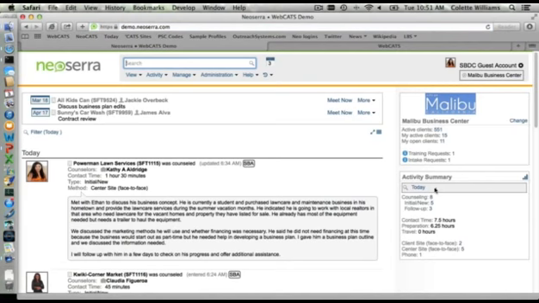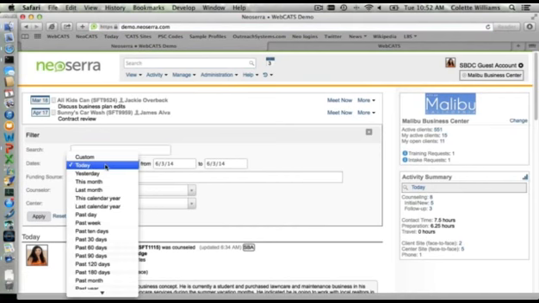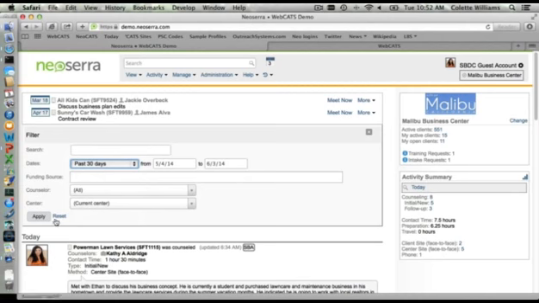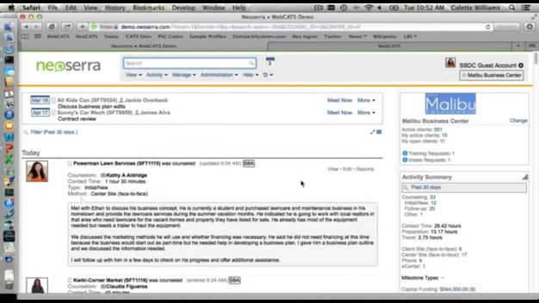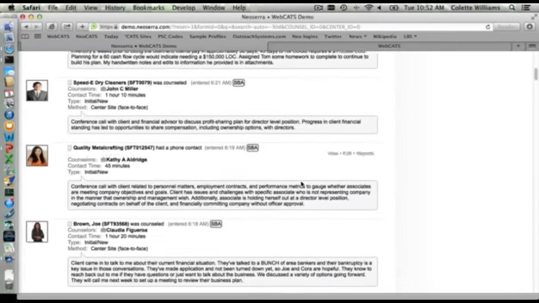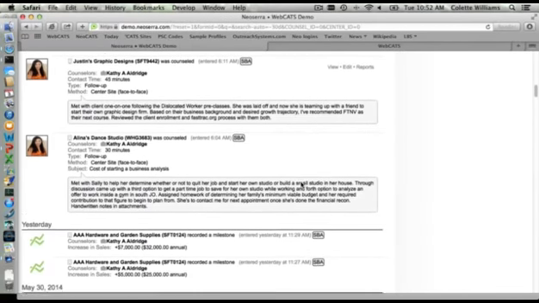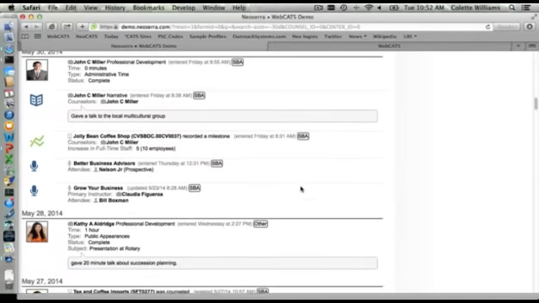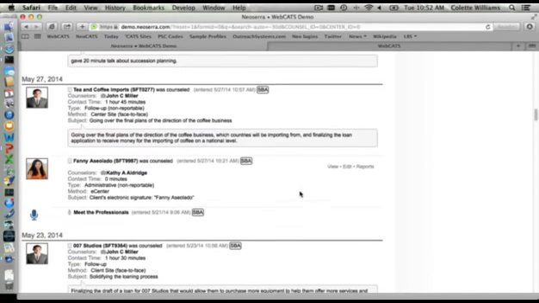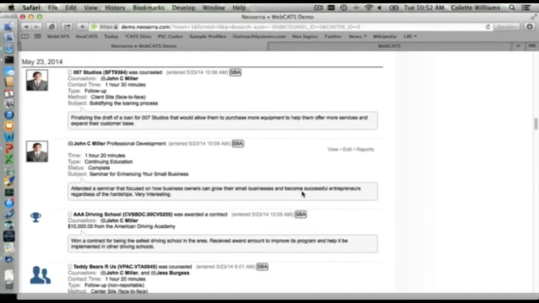If I don't want to look at just today's data, perhaps I want to look at a month's worth of data, then I can change my filter, and rather than choosing today, I can say, show me what's happened in the past 30 days. I can click apply. My data stream is immediately updated with the past 30 days worth of information. This is what we call the data stream, where you can see the detailed information of every counseling session that